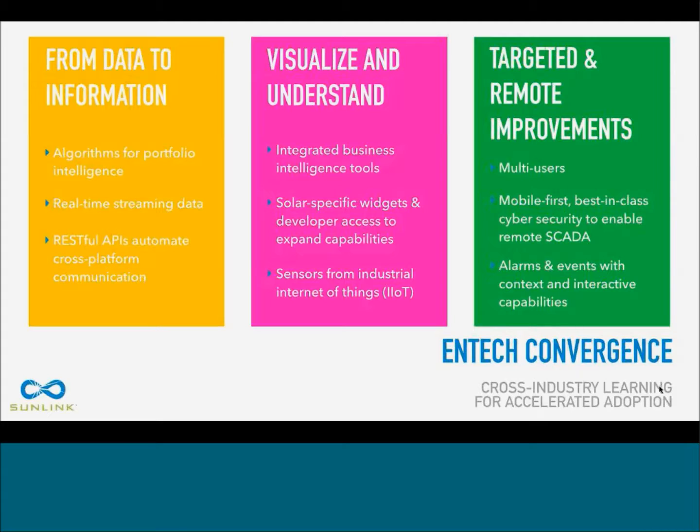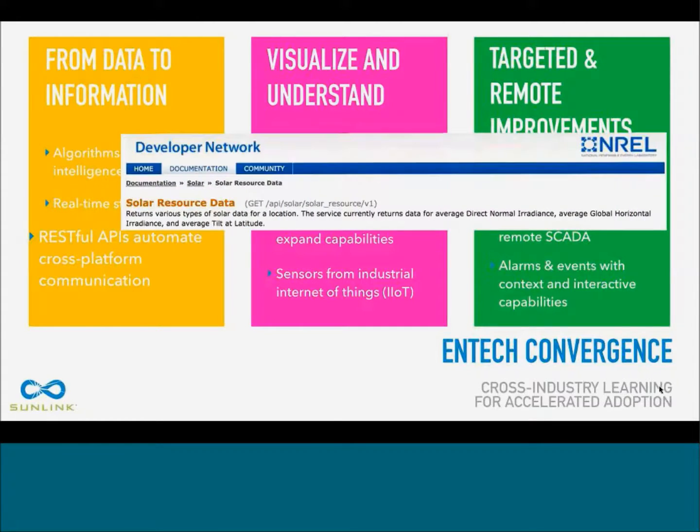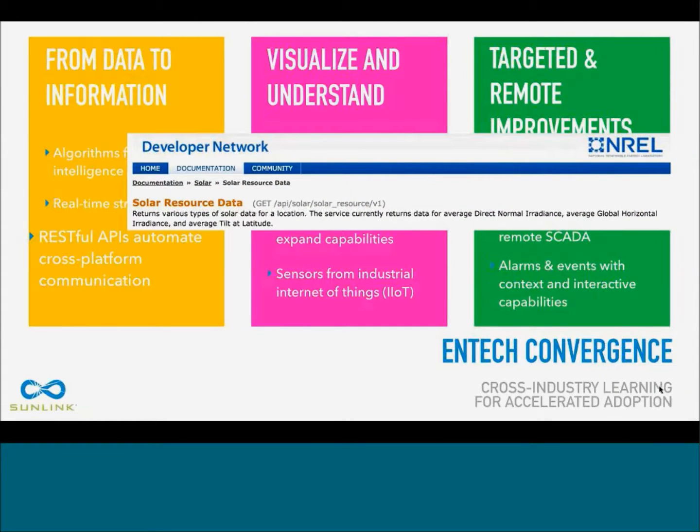So when we talk about going from data to information, no longer having siloed databases, no longer having siloed people thinking about data in their specific vertical, but really crossing over and looking at things in a more holistic manner, RESTful APIs are what help automate this. So rather than having a person go and manually look for what is this piece of data I need, and now let me manually enter it into my data set, you have things like the NREL Developer Network, which is